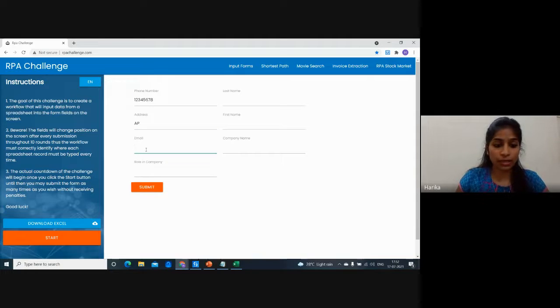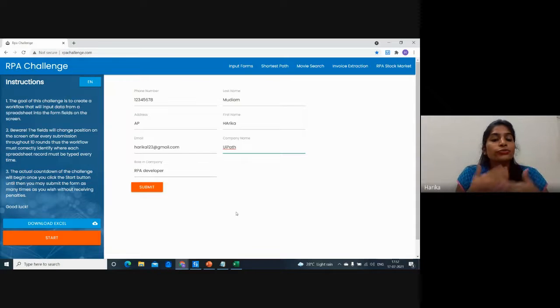You can give in the email like harika123@gmail.com, and then your role and the last name, first name, and then the company. Okay, so these are the fields that you wanted to enter, but you have to do it through automation, correct? So in that case, let's say I wanted to provide all this information and click on submit.